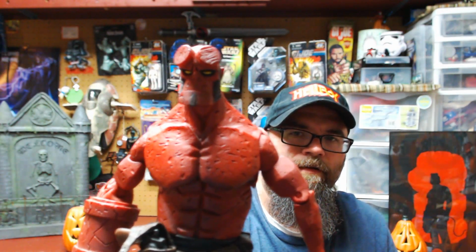And while we're talking about action figures, here's one that came out during the time of the second movie, I believe. The year on this is 2005. Not really sure, but 5 years later, Mezco made this Hellboy figure. And I don't know if all the detail will come across, but it has like the pockmarky detailing that Mignola puts in his art. It has his tremendously big back, smaller arms, a great right-handed Doom here,